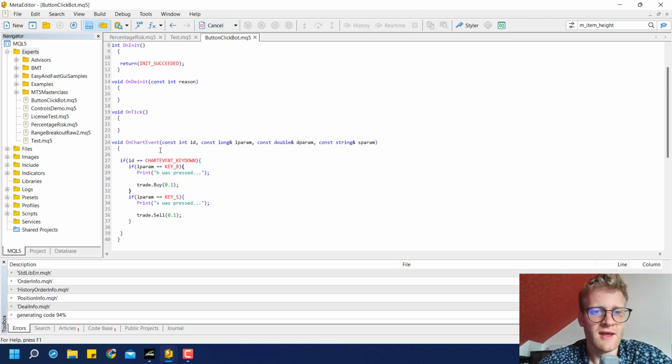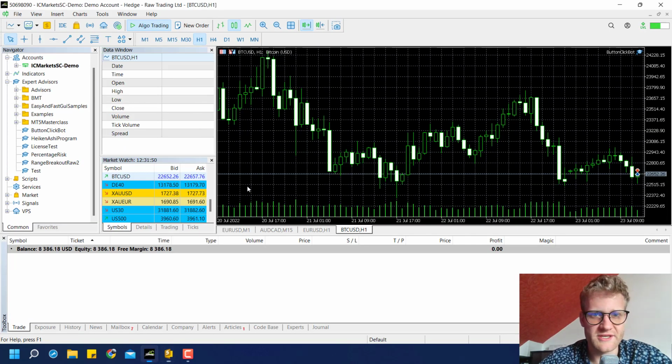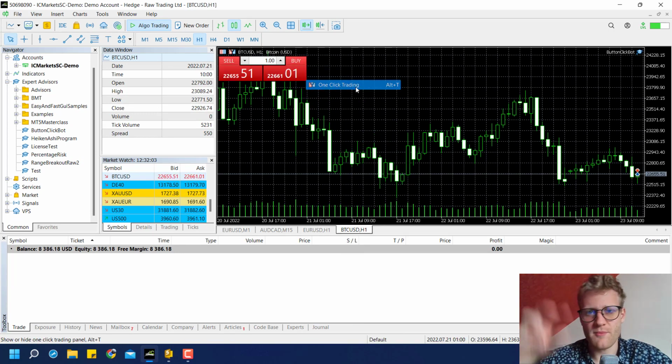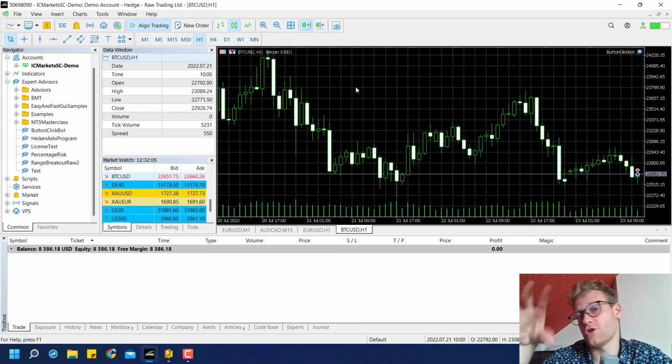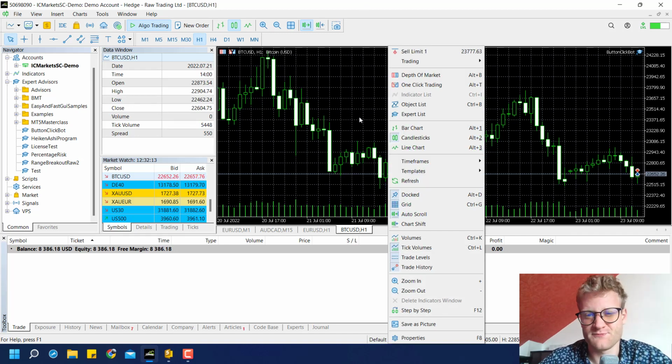You could also say if this key is pressed, I want to close positions, or you can open positions, or modify positions. You can add a break-even stop. You can do whatever you want. And this is not really useful, what we did here, because we could also use this one-click trading. But maybe we can make another video where we build on top of this EA and where we'll have a look at pending orders. Because placing pending orders is not